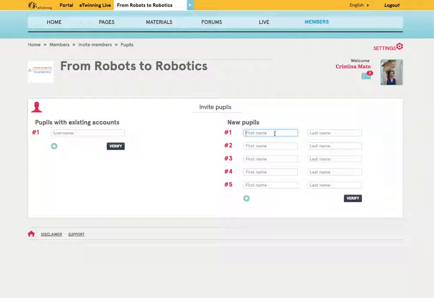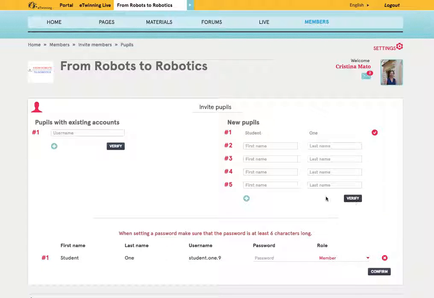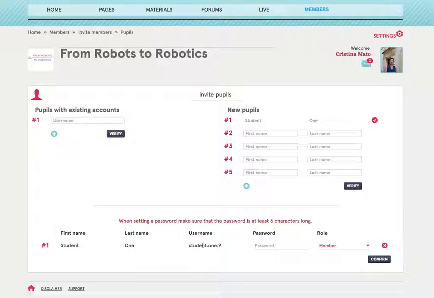Okay, so let's say that the first name is student and the last name is Wang. When I have already written all the names of my students, I click on verify and the system generates the username, but I need to write the password. So I will have a username for each of the students that I have registered, and I need to choose